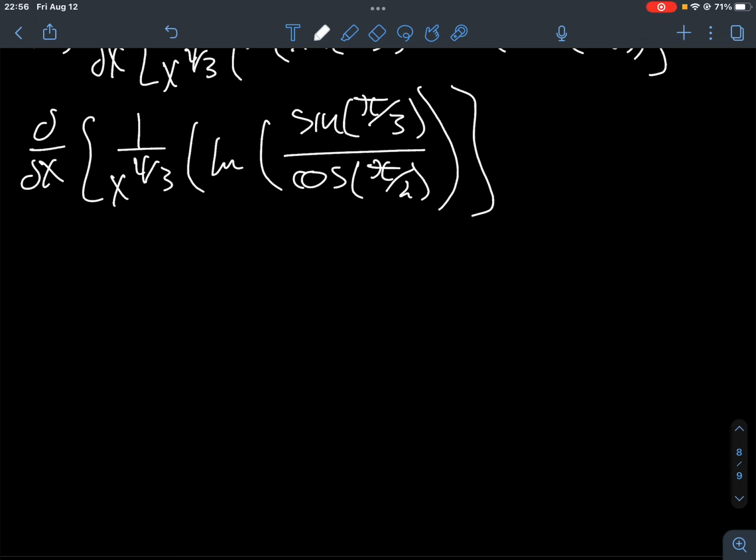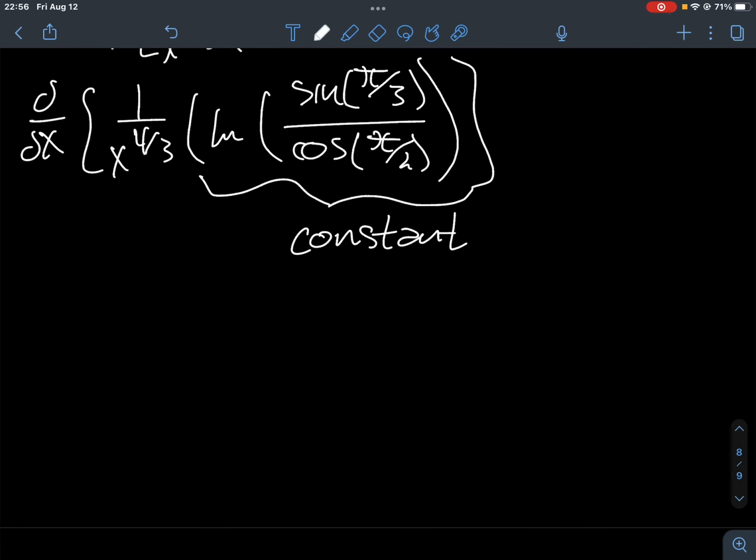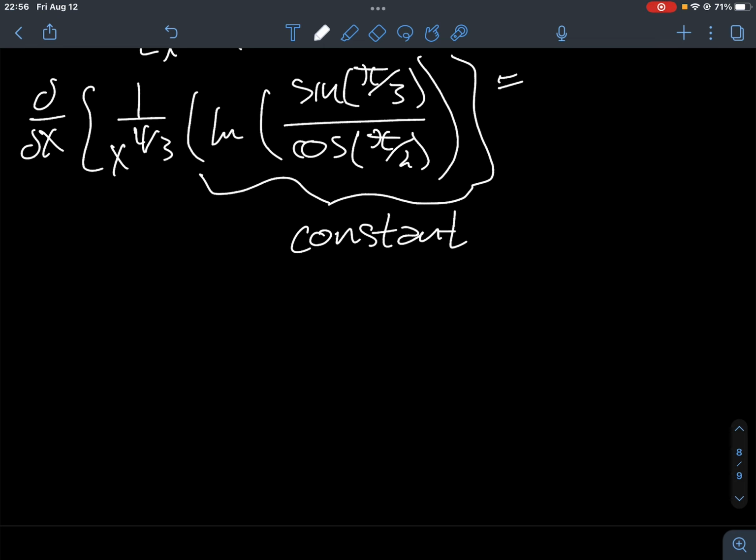Great. So now all of this is just a constant. You can compute that if you want. Sine of pi over 3 is simply root 3 over 2 over cosine of pi halves. Well, the cosine of pi halves is actually going to be 0,